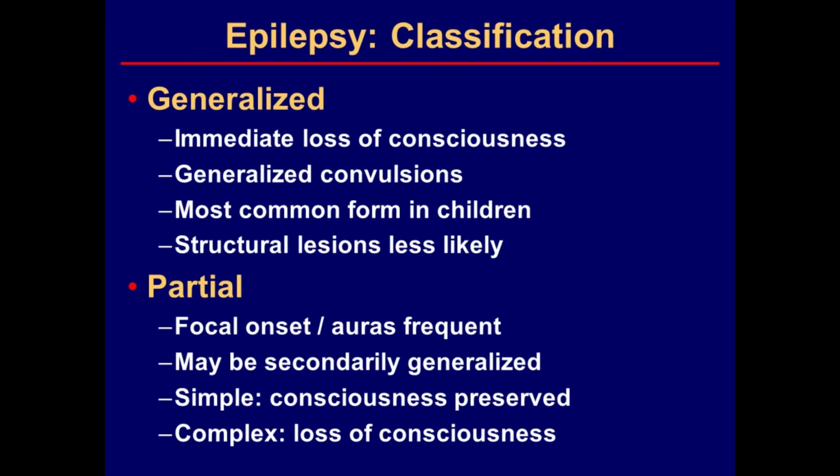They may have auras, or they may have simple motor or simple sensory seizures. These seizures can become secondarily generalized and have major motor features. There are two flavors here. There are simple partial and complex partial seizures. With simple partial seizures, consciousness is preserved, whereas with complex partial seizures, consciousness is lost at least at some point. And things may arise, say, with an aura, with complete consciousness, going on to complex partial, going on to secondarily